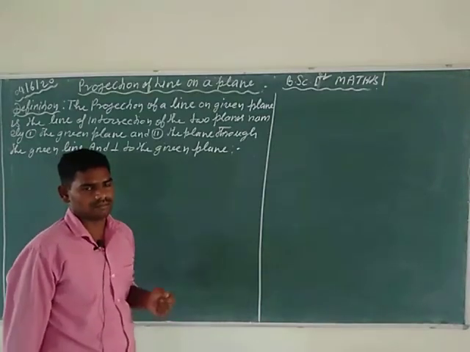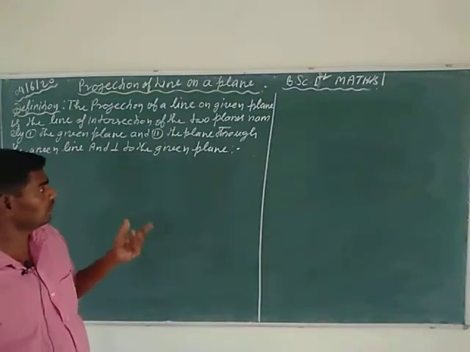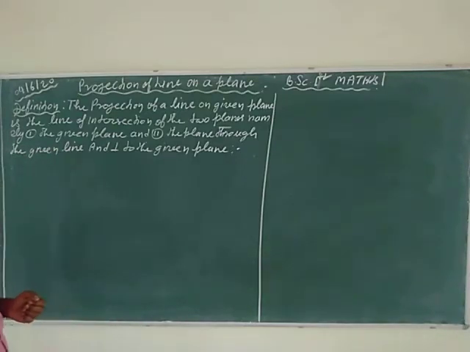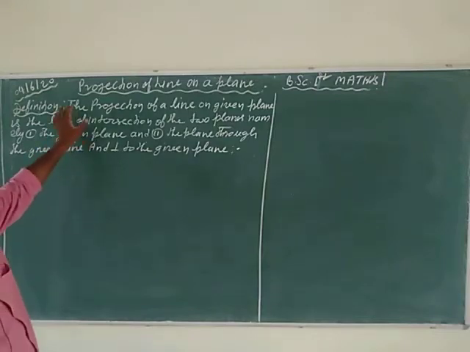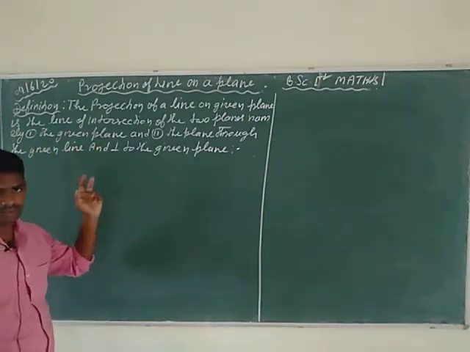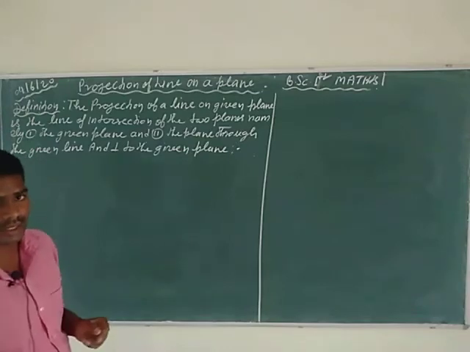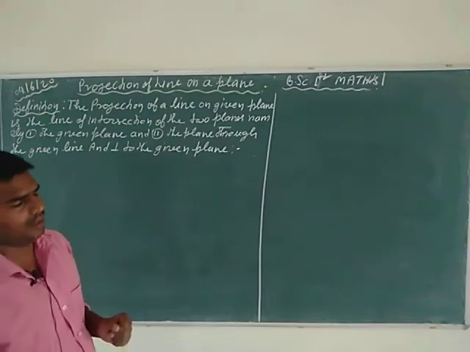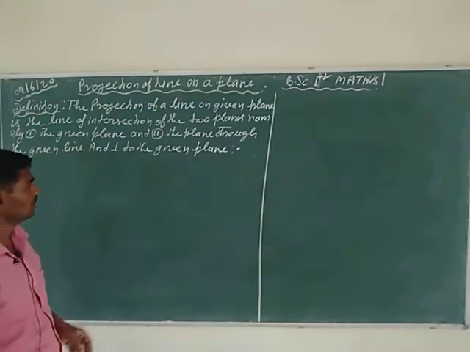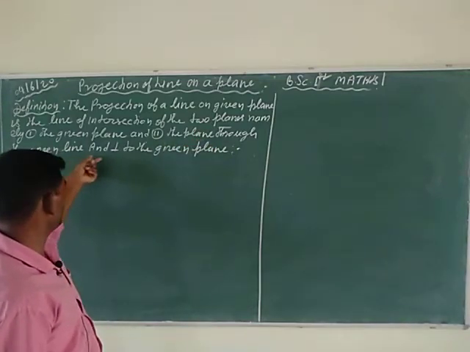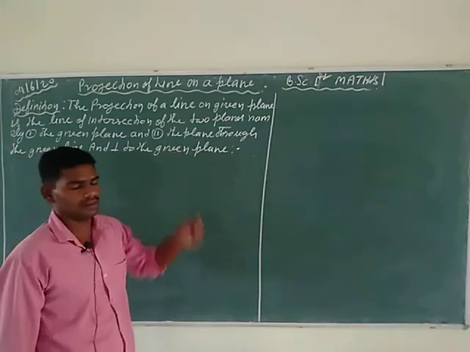You already know that the intersection of two planes is always a line. So this projection line is the intersection of two planes, in which the first plane is the given plane. Given plane means, when you consider the questions related to this article, a plane is already given. So first write the given plane equation, and the second plane is through the given line and perpendicular to the given plane.